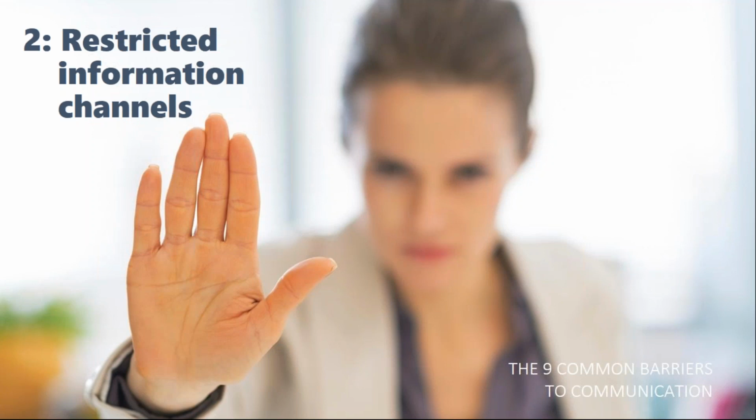Now, the problem with restricted information channels, of course, is that if you don't tell people, or you don't keep people informed, or you don't find out where they're at in relation to what they're doing, then what happens, of course, is that you make assumptions about that. And of course, those assumptions are often inaccurate or untrue. And it means that basically people will be working on false information, which they really believe to be true information. So my suggestion to you is let people know